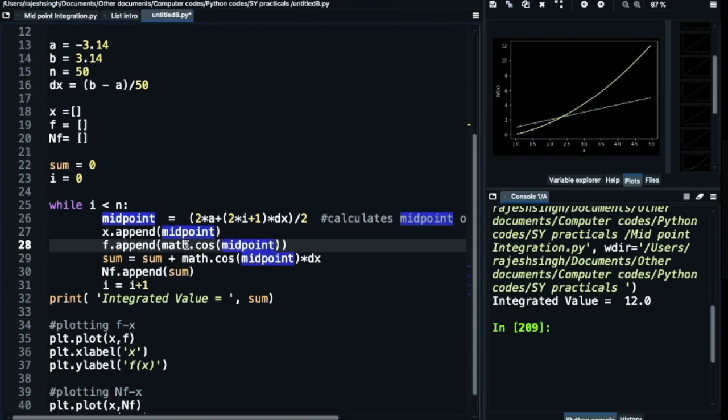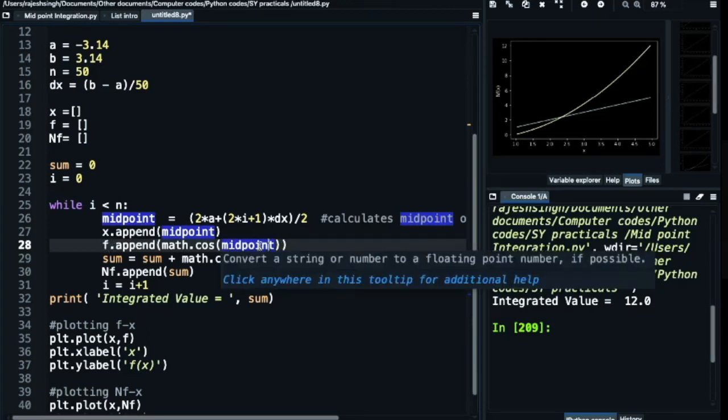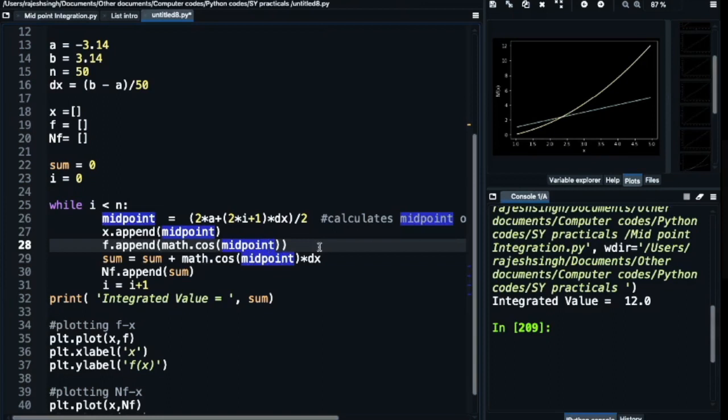You have to add this math dot, which says that you are taking this function from that particular library. You are no longer appending f by midpoint itself, because here your function is not midpoint, your function is cos of midpoint. So f append math dot cos midpoint.